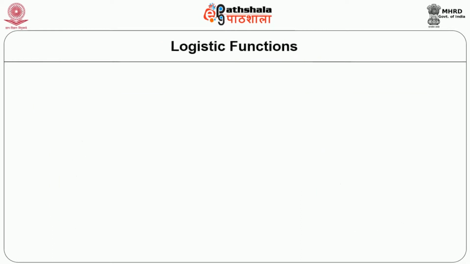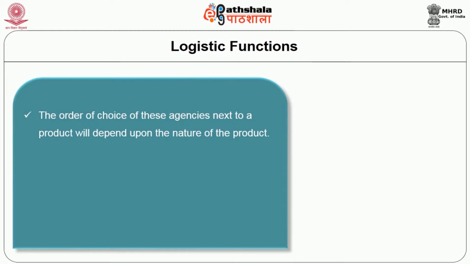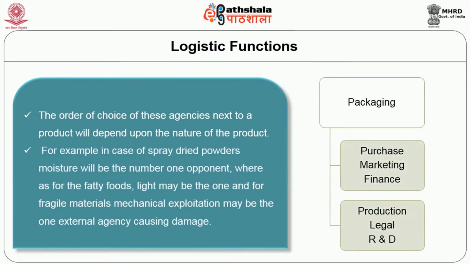The major function is to defend the product from various exterior agencies which try to weaken the product soon after it is processed or manufactured. These agencies are shown below. The order of importance of these agencies will depend upon the nature of the product. For example, in the case of spray-dried powders, moisture will be the number one opponent, whereas for fatty foods, light may be the one, and for fragile materials, mechanical damage may be the external agency causing